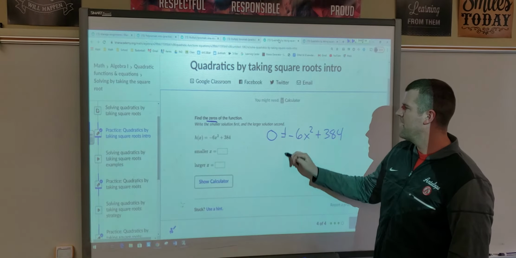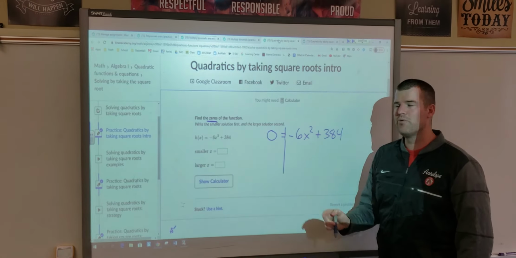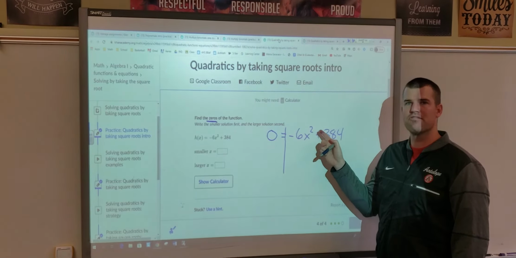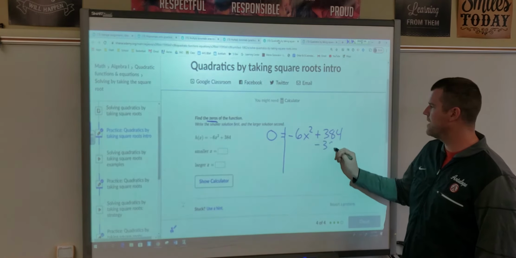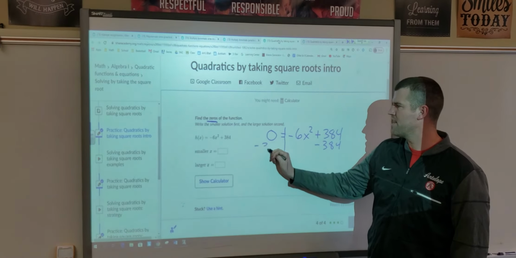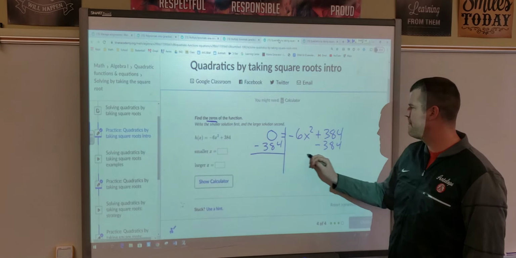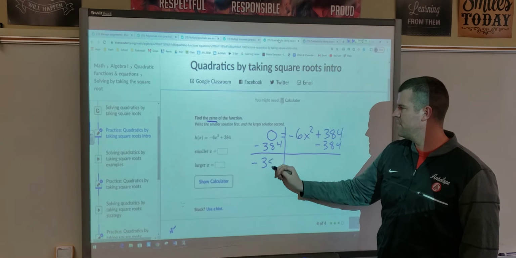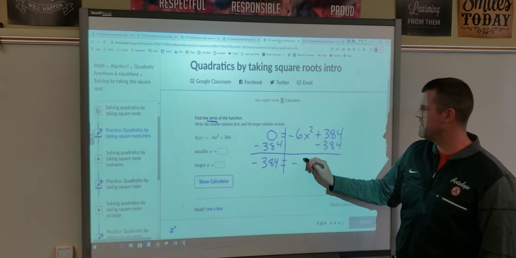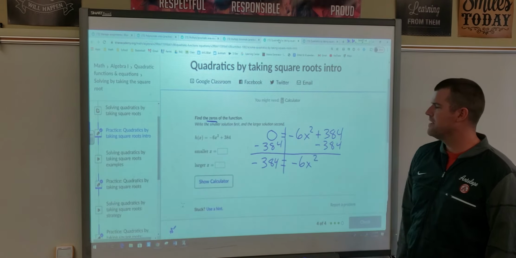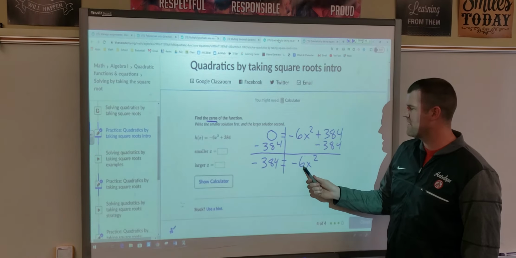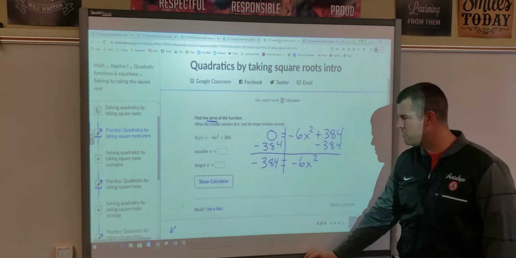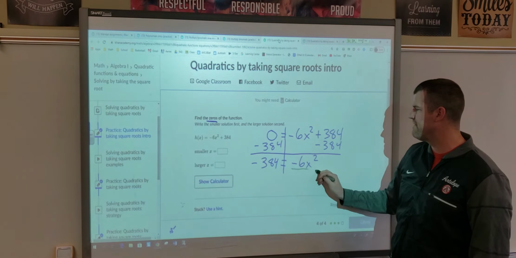384. And when we solve by taking the square root, we know we need to get the x squared alone. So before I take the square root, I need to get rid of the 384. I'm going to subtract that from both sides. Negative 384 equals negative 6x squared. And then to get rid of this negative 6, I'm not going to add 6 because this is actually getting multiplied. So to undo multiplication, I'm going to divide,